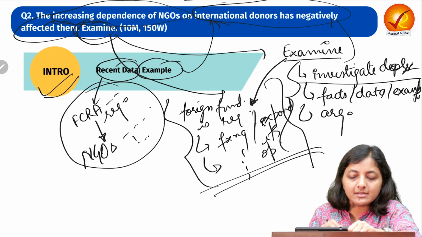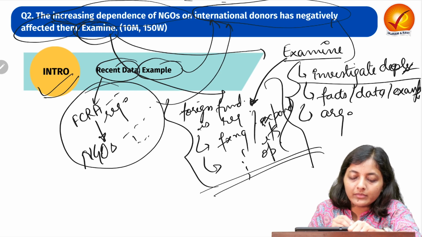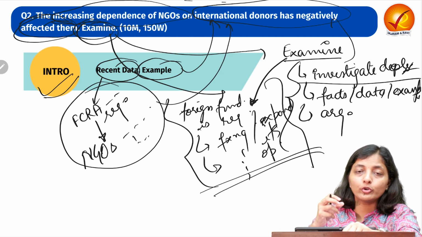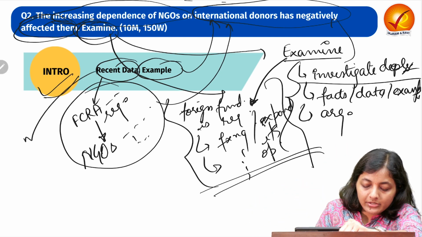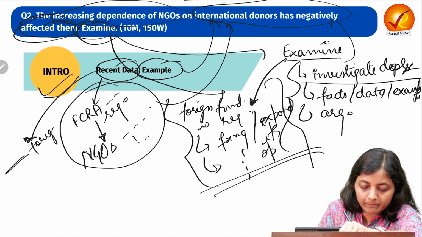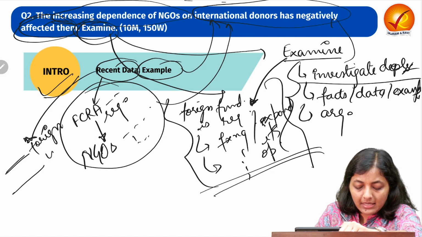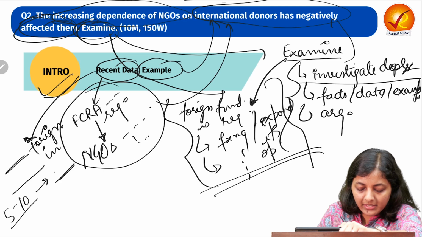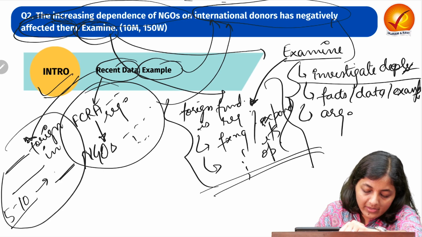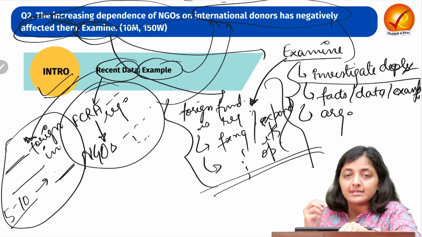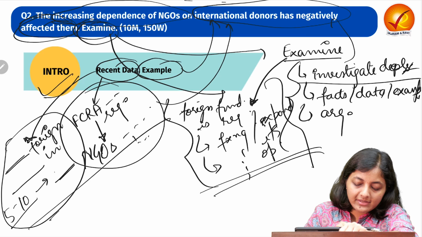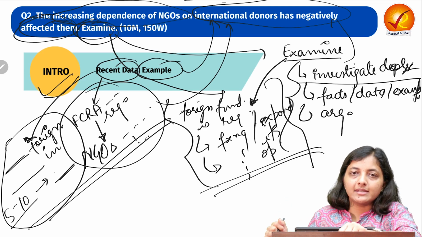This can be the case because it substantiates that they were negatively affected, because now the government will put more surveillance. Then next you can write that this much foreign funding has come up in the last 10 years or 5 years, whatever the case may be, to these many NGOs, because it will substantiate that yes, NGOs are taking foreign funding. So this will set the context in the given answer.